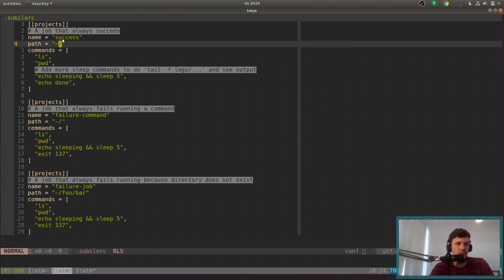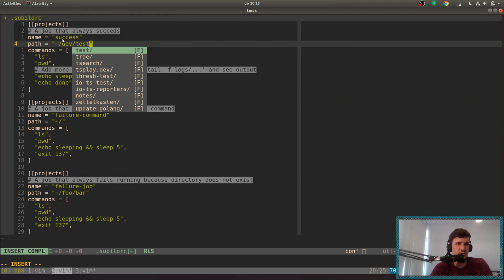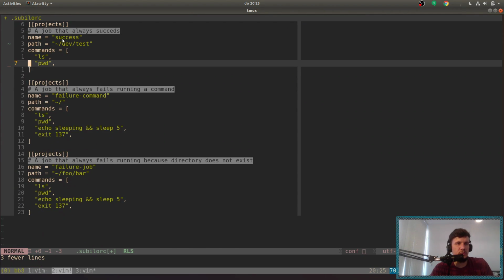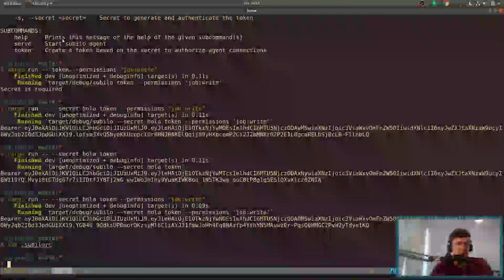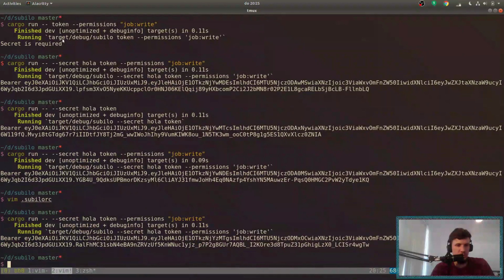Let's say that I want to run this on dev and test, and I will run only these two commands, and the name of the project is success. So I will generate the token, and then I could run the serve,